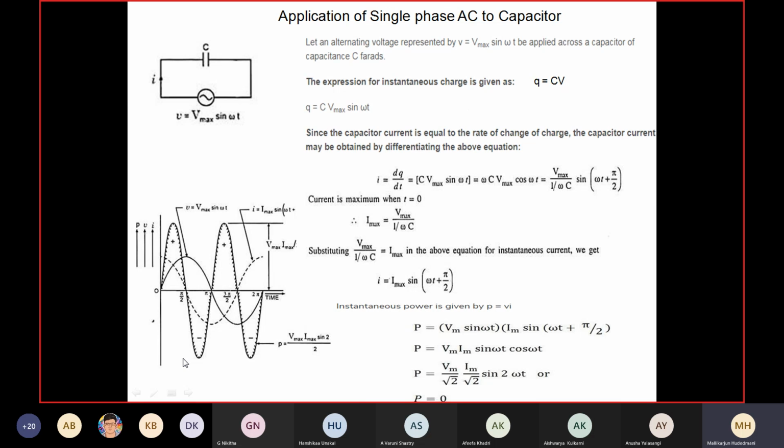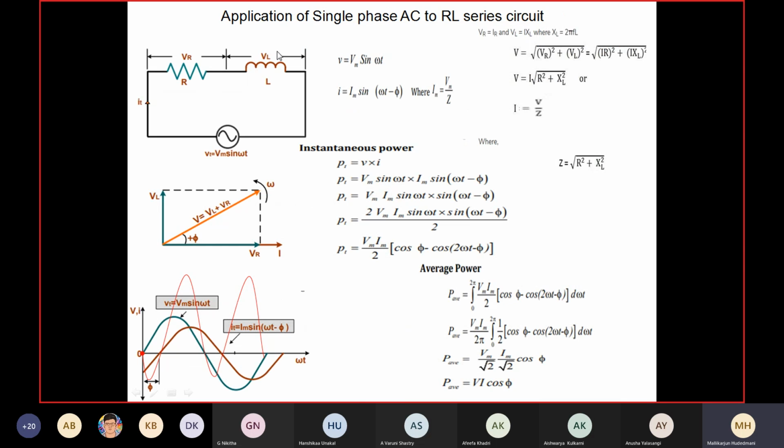In case of inductor, with reference to current, brown or orange vector here, where will be VL? VL will be 90 degree above. Voltage across the inductor leads ahead of the current, or with respect to voltage, current through inductor lags behind. So I will be making use of the first one. With respect to current, how is that voltage leading? You can see a dotted line I have drawn here, correct? You can see dotted line, or at this tip I can make VR and VL, add them vectorially.